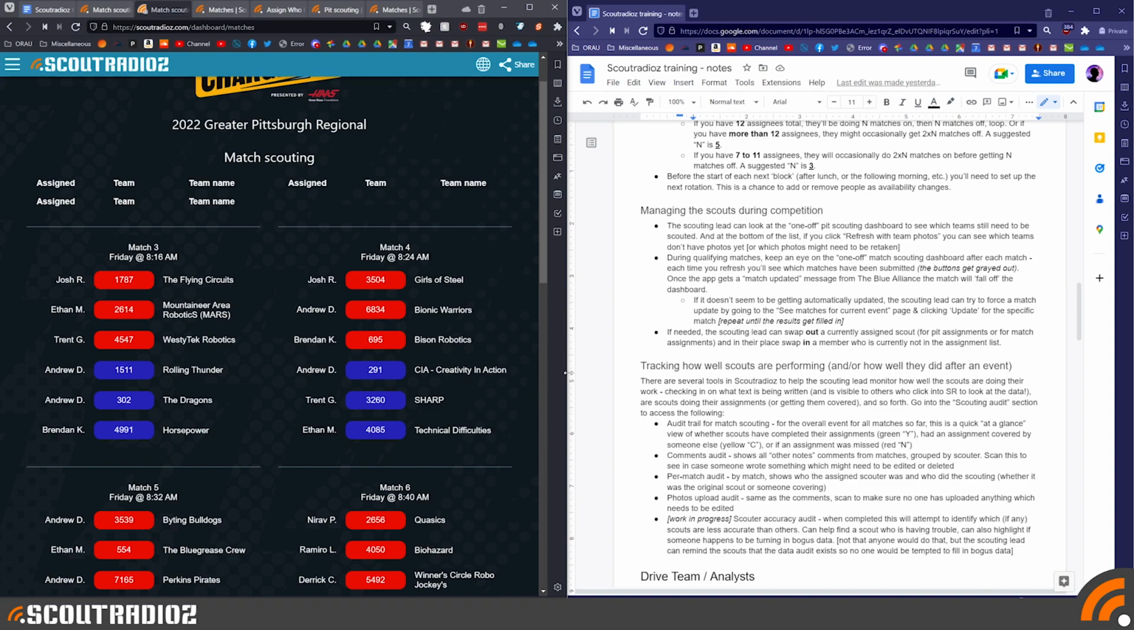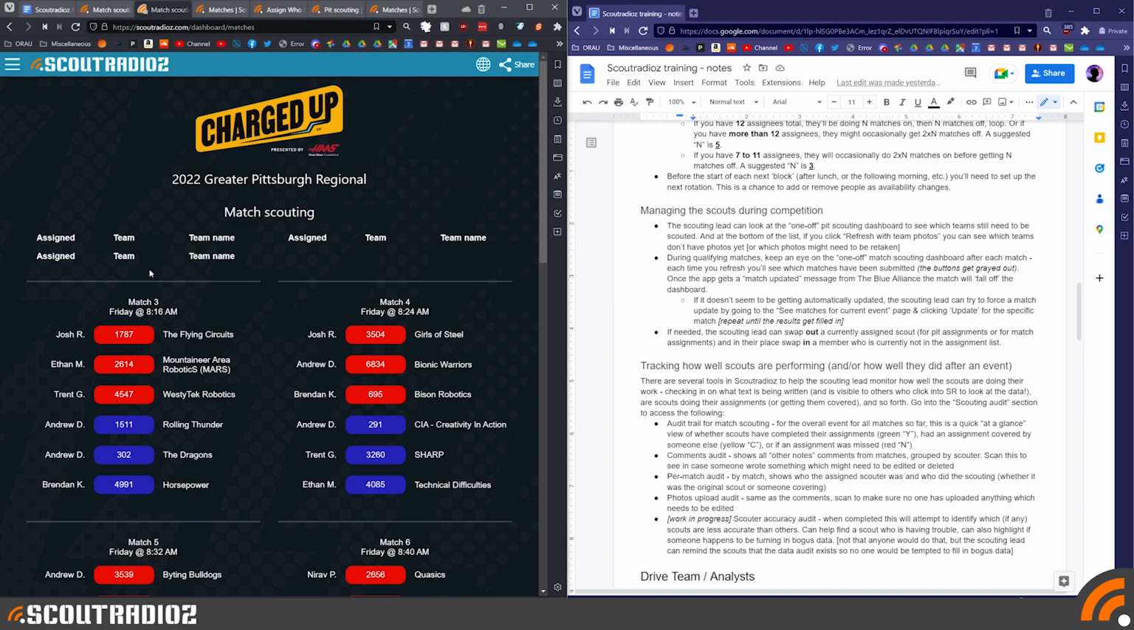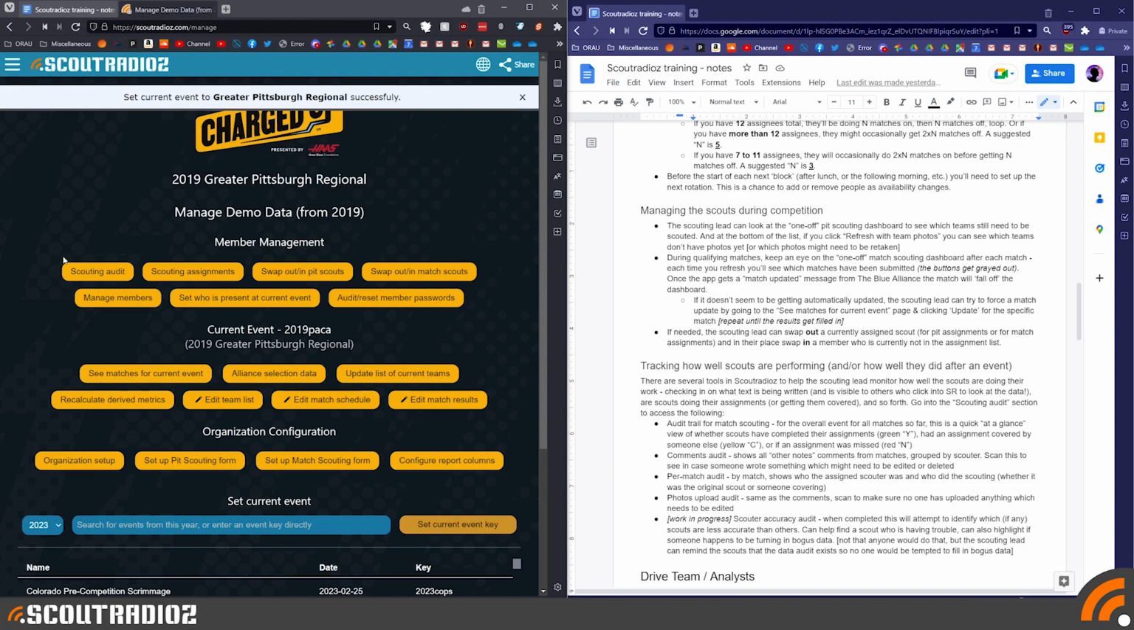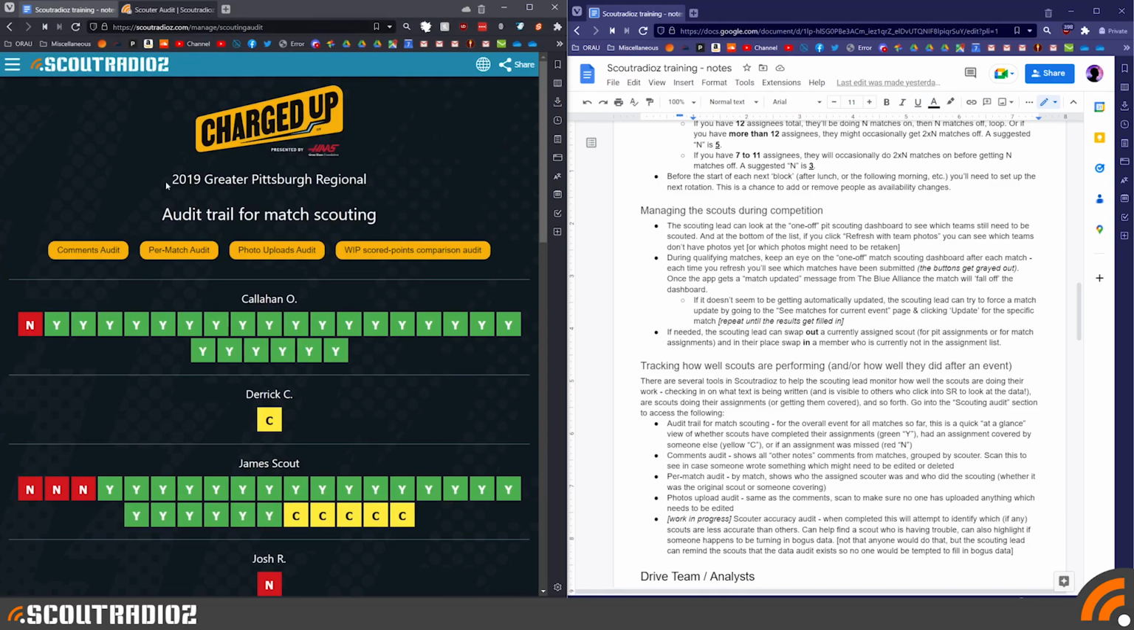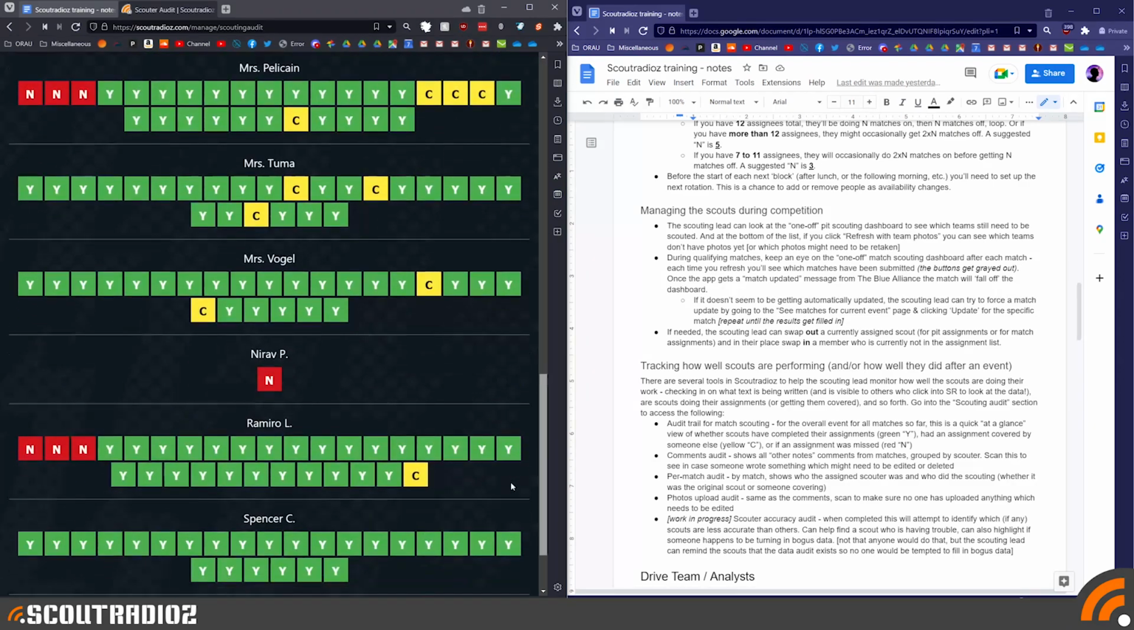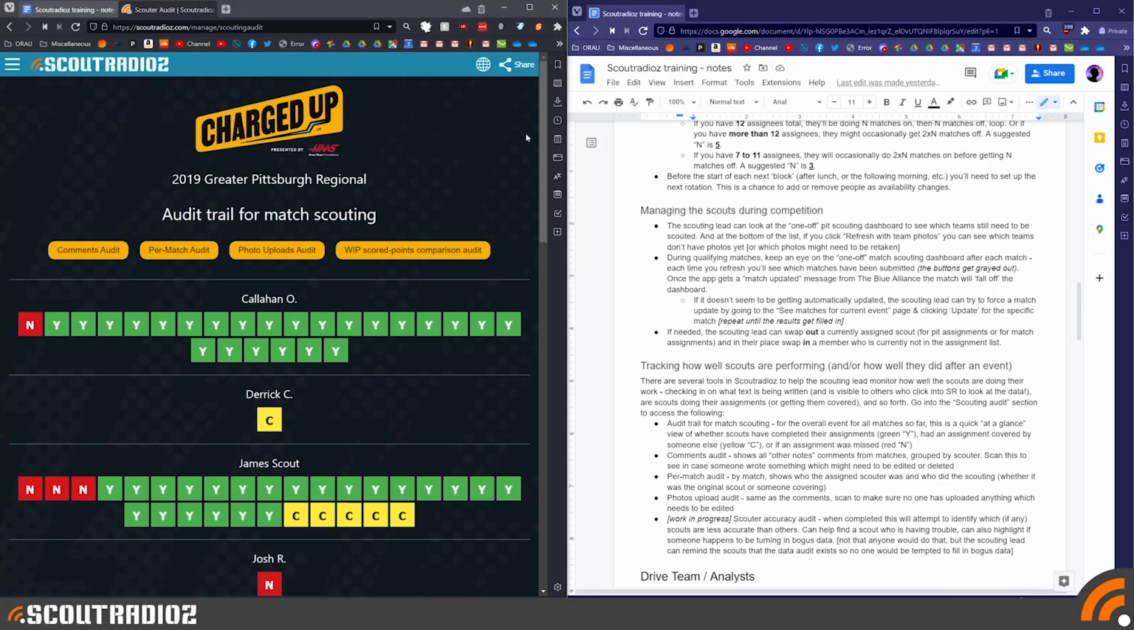As for tracking how well the scouts are performing, or how well they did after an event, we have some audit pages. In the organization management page, you can click Scouting Audit, or you can click Manage, Scouters, Scouting Audit. I set it back to the 2019 Pittsburgh Regional, which is our snapshot of the middle of a competition. So this is the audit trail for match scouting,